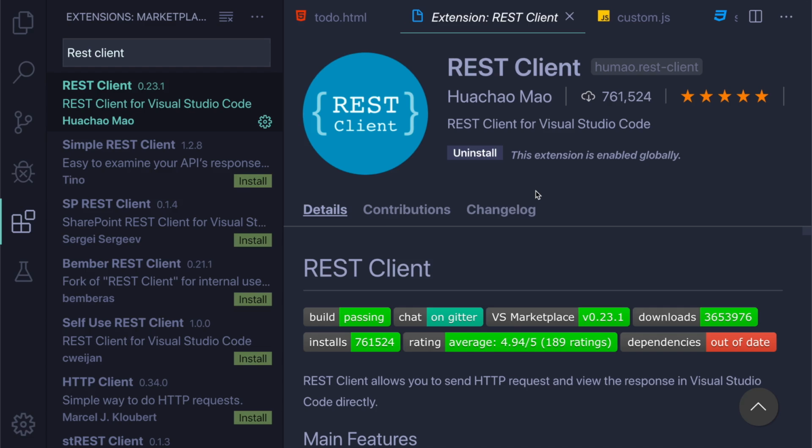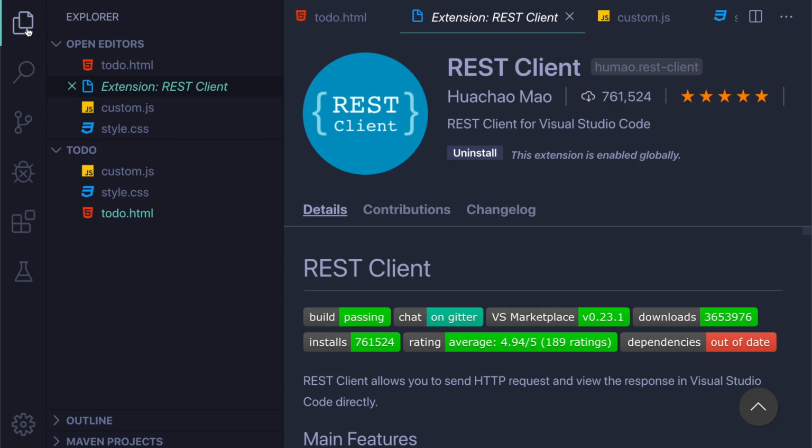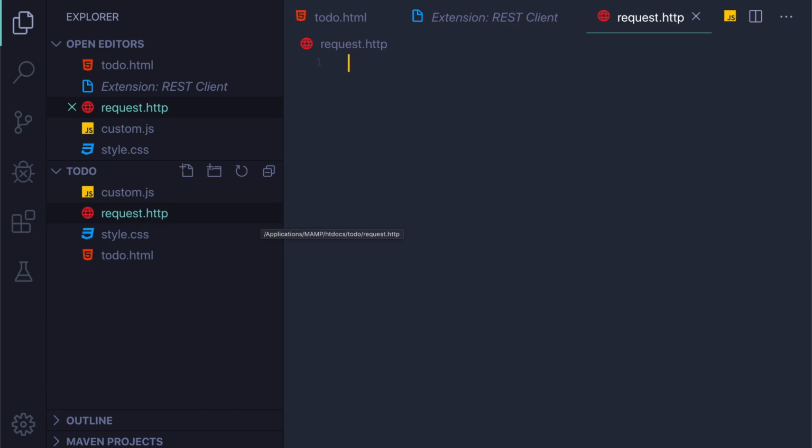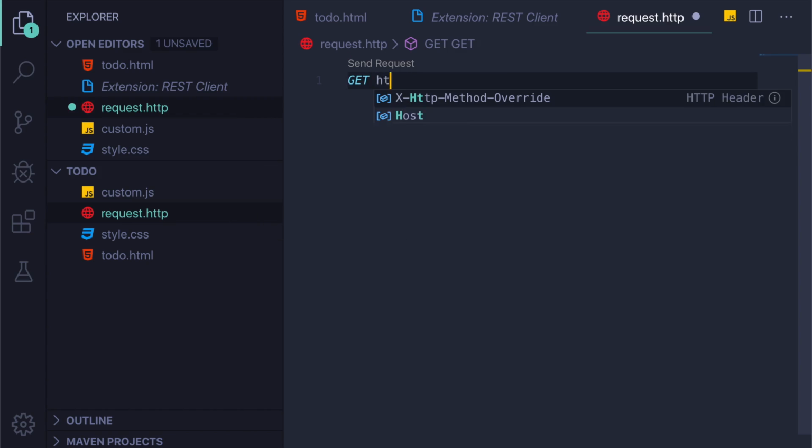So I will show you how to do it. So it is now installed. So let me go in my files. I will create a new file here called request.http. Now I will type a request. So let's type a GET request, and we're going to use JSONPlaceholder. So we'll type https://jsonplaceholder.typicode.com/posts,